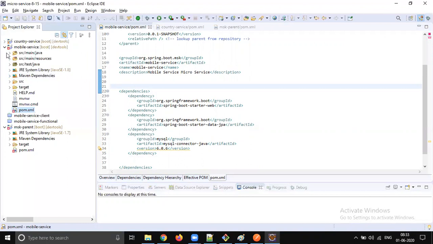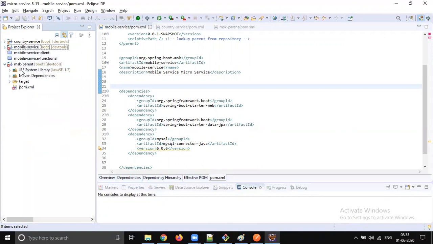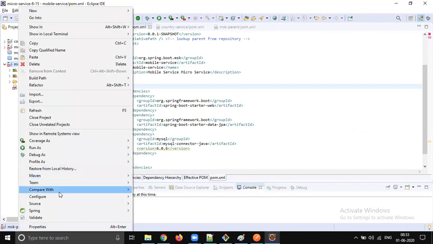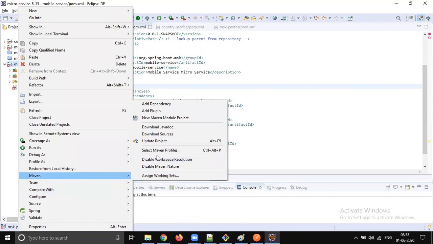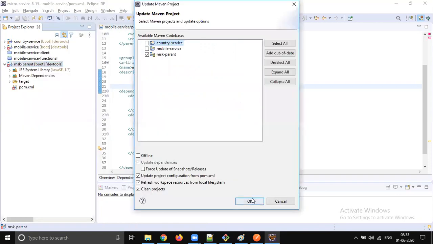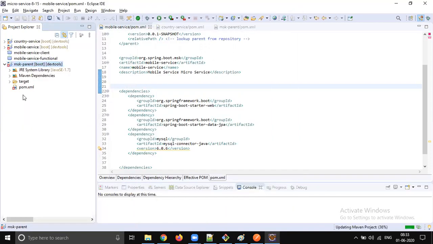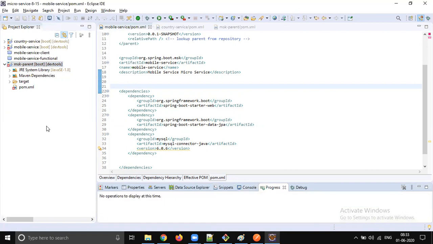This error is coming, so we just need to right click Maven and do Update Project, and automatically that error will be resolved. Maybe it will take some time to update the Maven project. Once the update is done, that error will be gone.